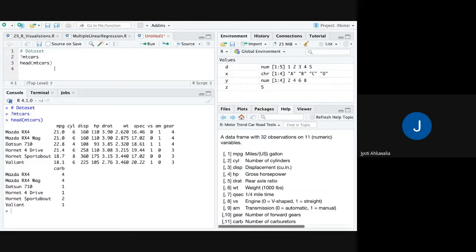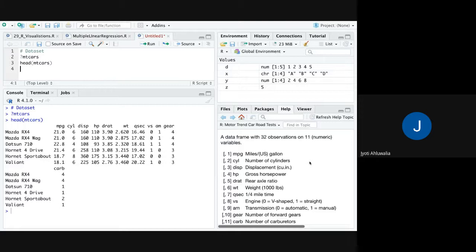So we looked at the data set. How did we do it in Excel? We first opened the data set and looked at it. Then we looked at how many rows, how many columns, and whether we can understand the description of the columns. So that's what we did. We looked at head, and then we looked at question mark, because this data set is part of R. Otherwise, we would go and import a data set. We will also learn how to import a data set. Here, this data set we're exploring from R itself.